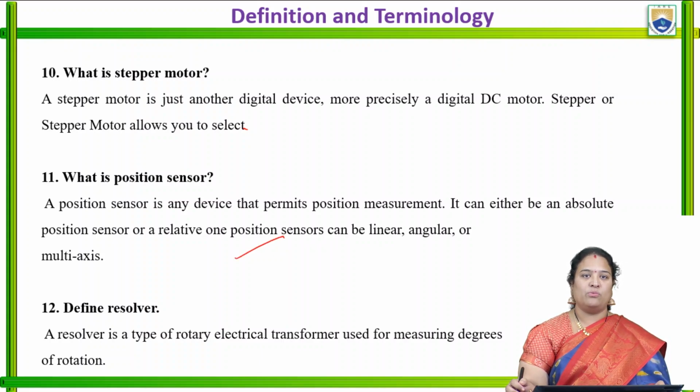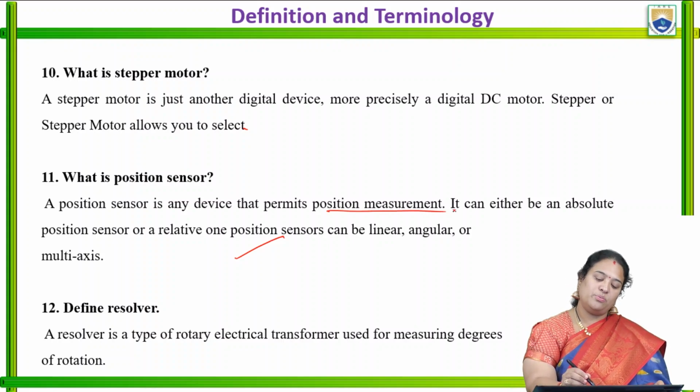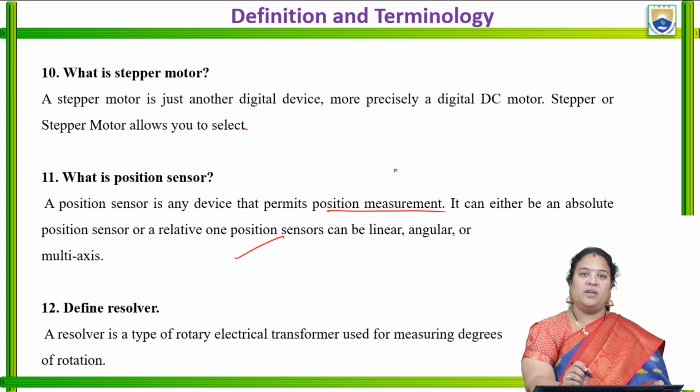Position sensor means what? A position sensor is a device that permits position measurement. That is, at which position the robot is at is determined with the help of the position sensor. It can either be an absolute position sensor or a relative position sensor, and can be linear, angular or